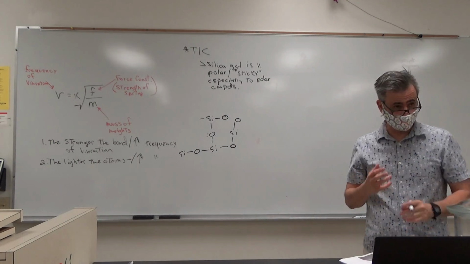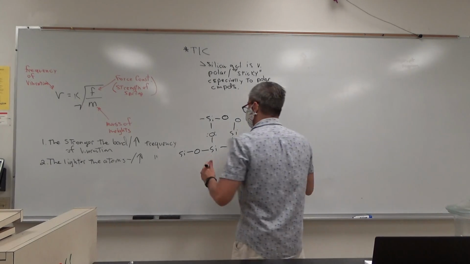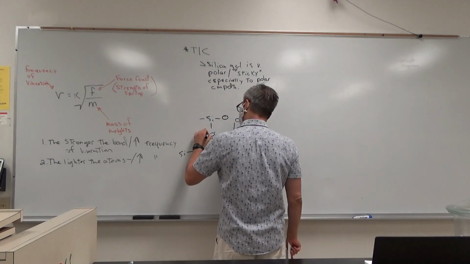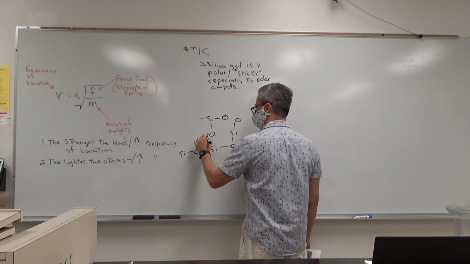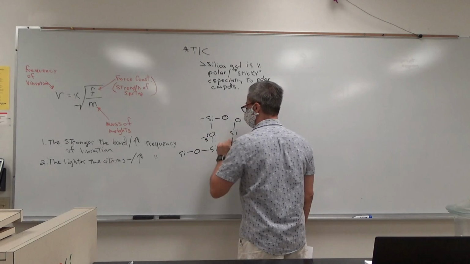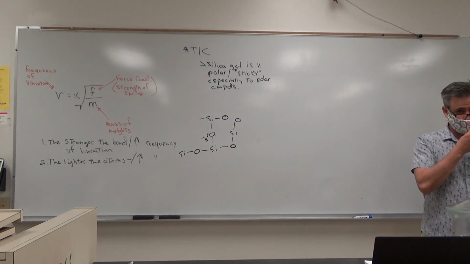Okay. That's the general idea of intermolecular interaction. All right, so oxygen silicon is definitely a polar bond, so there is a partial negative charge on all oxygen. If you remember back from Gen Chem,